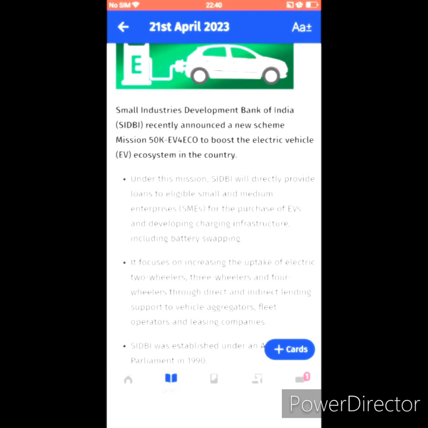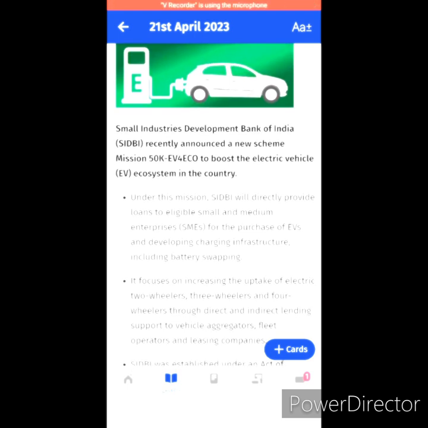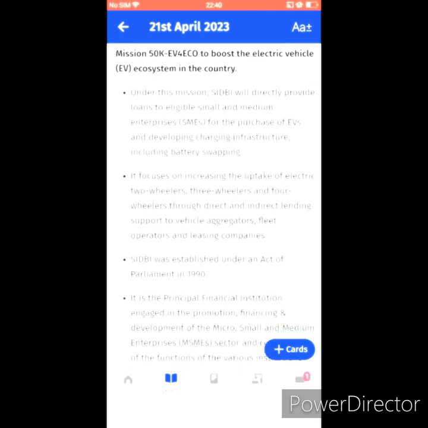Mission 50K EV4 ECO. Small Industries Development Bank of India recently announced a new scheme, Mission 50K EV4 Eco, to boost the electric vehicle ecosystem in the country. Under this mission,